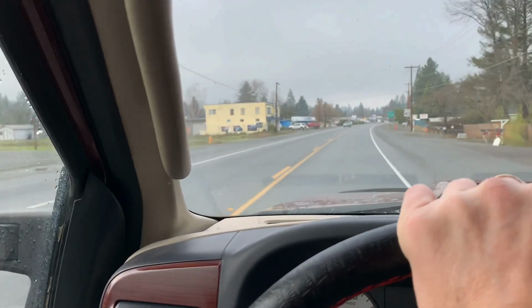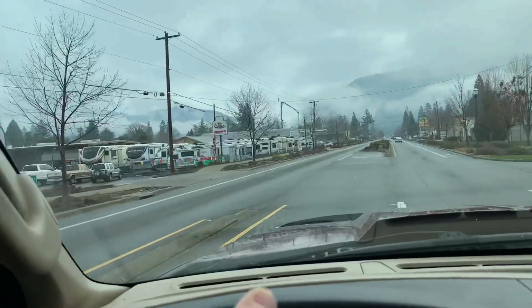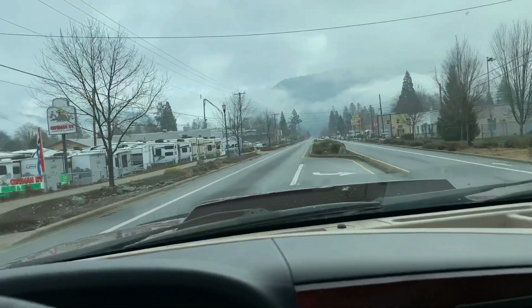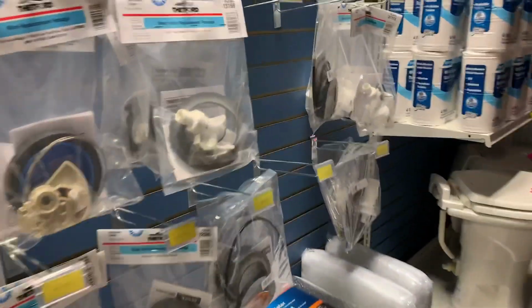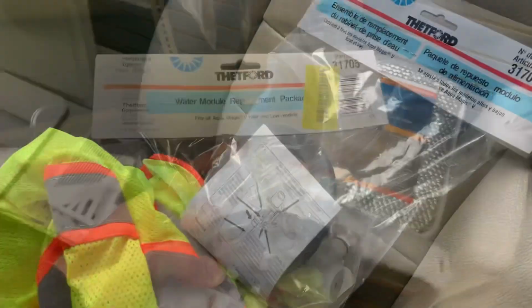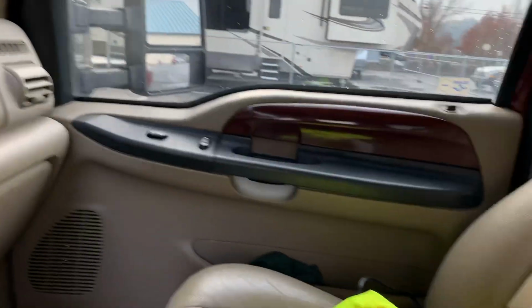Coming into Grants Pass here, heading over to Caveman RV. All right, here we are, Caveman RV. Let's see if we can find us a toilet valve. Got the toilet valve I needed to do the repair, and we're gonna head back, leaving Caveman and heading back